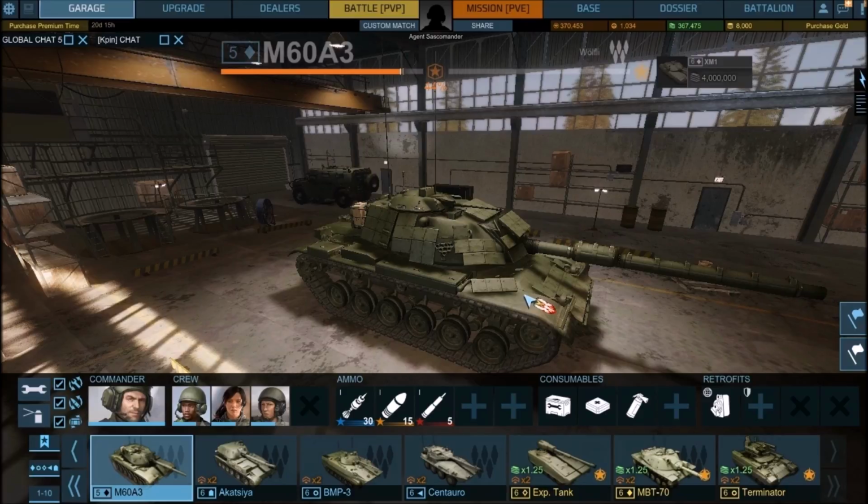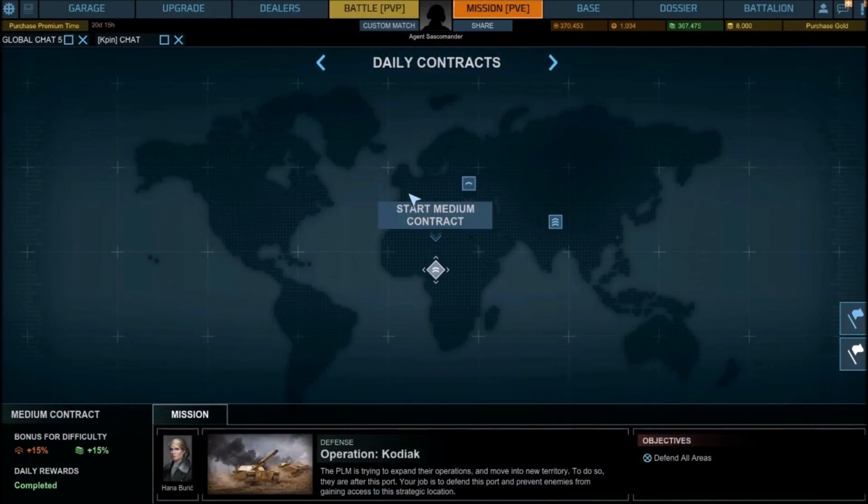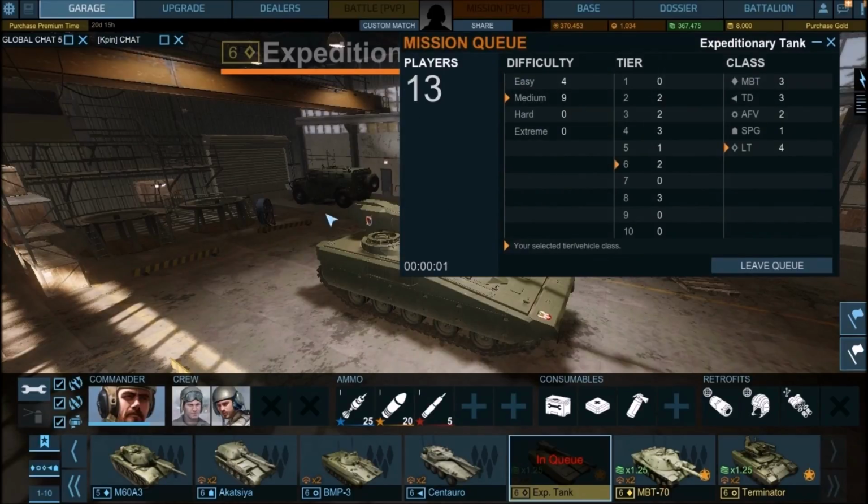Should I try PvE? Actually, let's take the expeditionary tank into PvE. Let's go with the medium thing again. Now, since the game doesn't have throttle controls, obviously